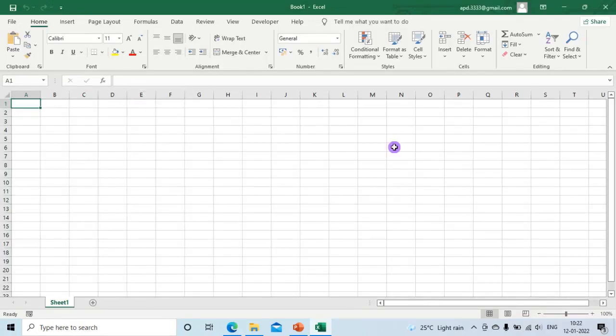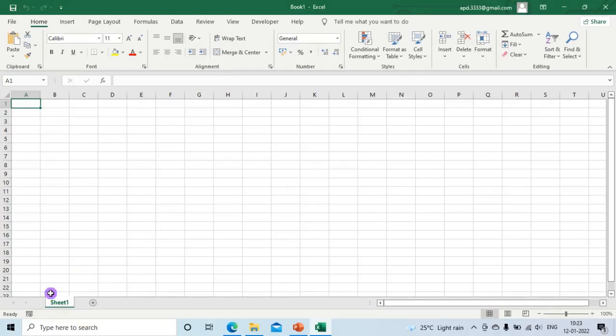Officially, welcome to Excel. Excel has different versions: 2007, 2010, 2013 and 2016, etc. I am using Excel 2016. As soon as you open Excel, you can see Excel named it as Book 1 by default. This is called Workbook. The workbook is like a notebook you buy in shops. Notebooks will have empty pages and the workbook will have empty sheets. Every workbook contains multiple sheets. In my case, you can see one sheet. You might be having two or three sheets.